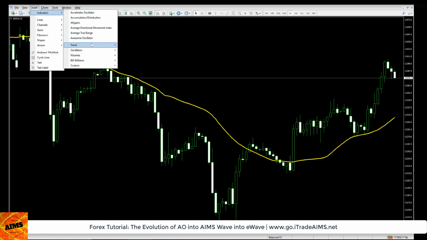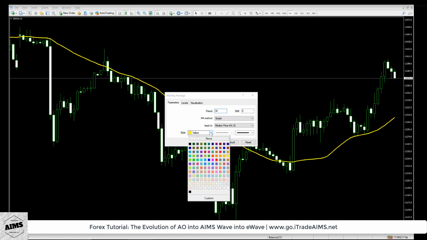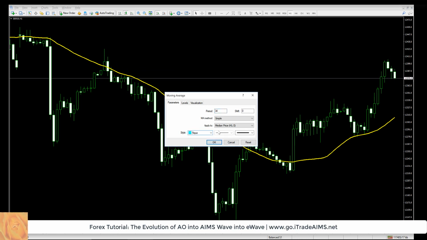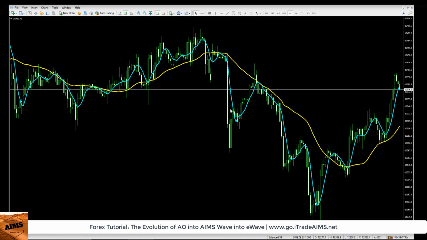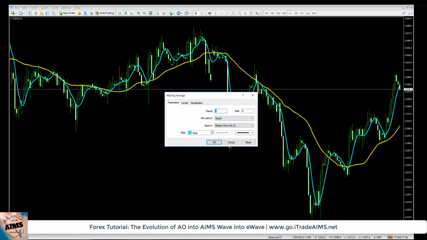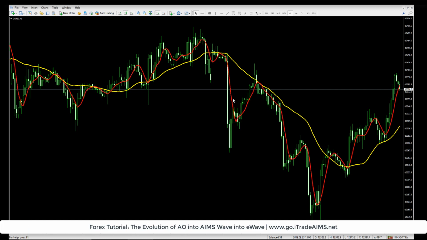And now add one more moving average. And let's color it something that stands out. So this is the 5 moving average. So as you can see now, let's change it to red. Yes. So we now see that